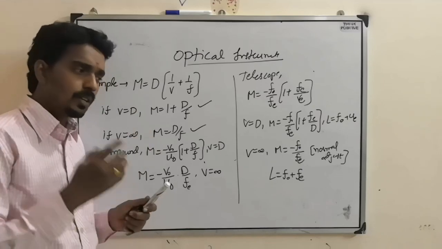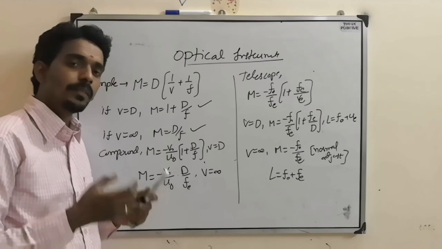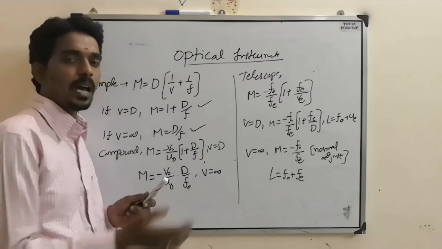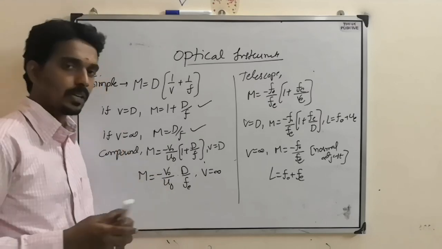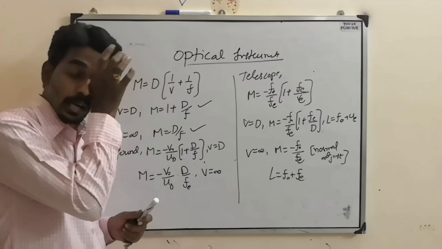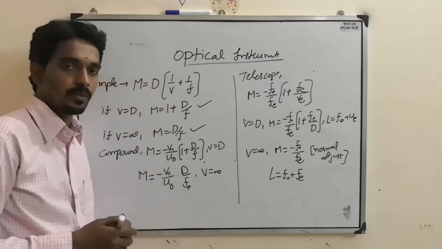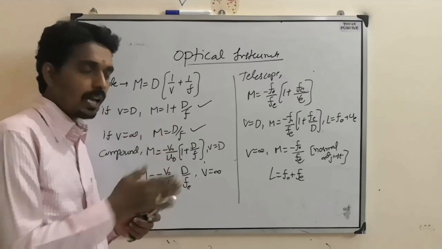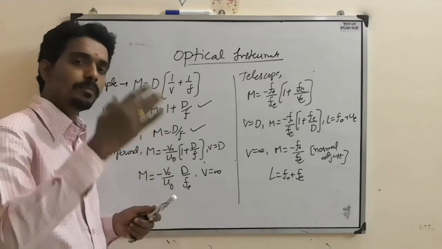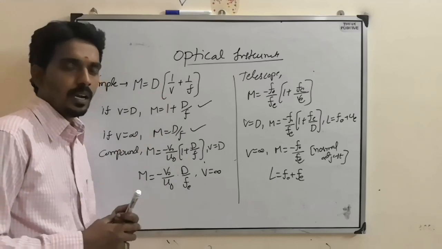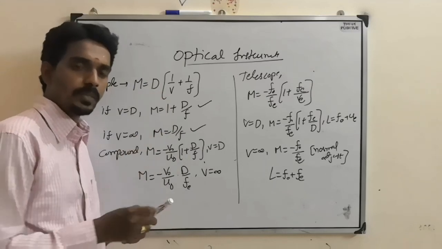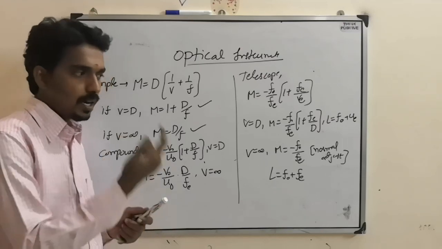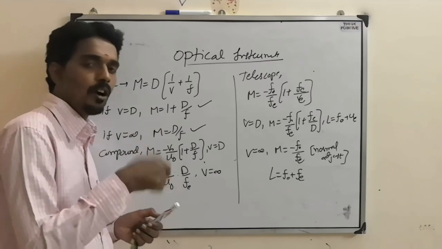But we need to observe a few microparticles, so we need more magnification. That's why they arranged a combination of two convex lenses. That is called a compound microscope, which you will use in the biology lab or sometimes in the physics lab also. A compound microscope has one small convex lens and one big convex lens. The small one we call the objective, and the other one is called the eyepiece. Towards the eye, eyepiece. Towards the object, objective.